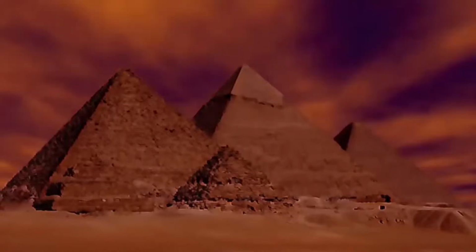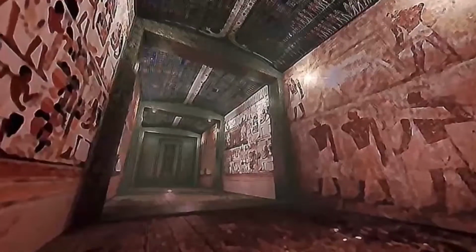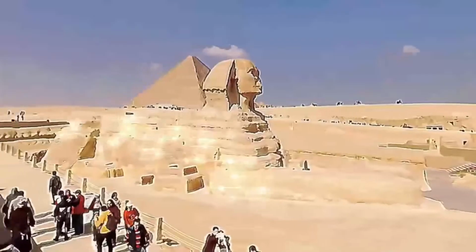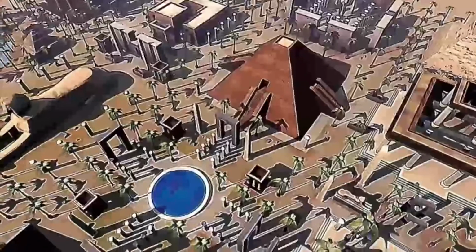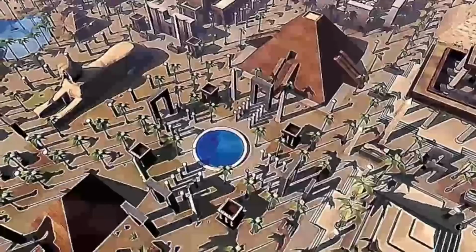records. The Great Sphinx of Giza is a massive statue of a mythical creature with a lion's body and a human head, believed to have been built around 2500 BC during the reign of Pharaoh Khafre. It stands at a towering height of 66 feet and measures 240 feet in length. The Sphinx has been a subject of fascination for archaeologists and historians for centuries, who have tried to uncover its